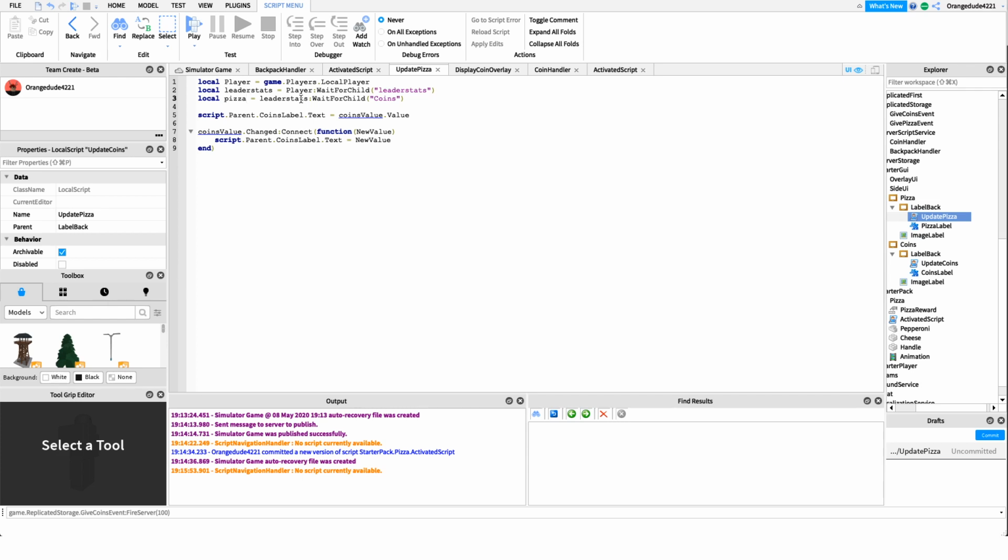We'll change this to pizza value. And we will say leader stats, wait for child, pizza. And now we're going to say, instead of script.parent.coins label, it's a pizza label. So we'll say script.parent.pizza label. And we'll say pizza value.value. And we're just going to say, whenever that's changed, we get the new value, script.parent.pizza